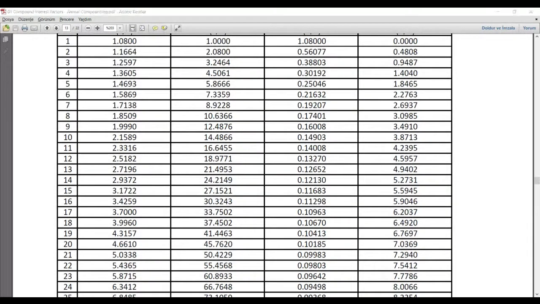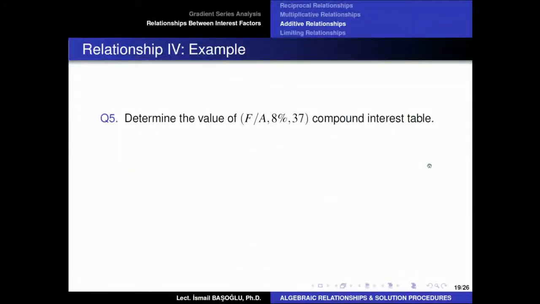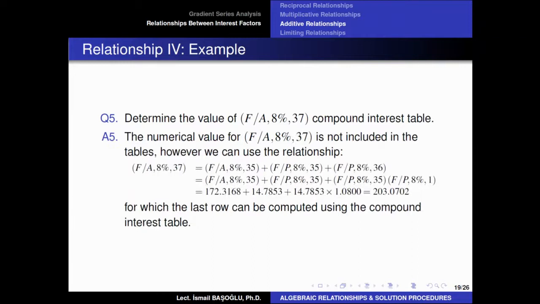So let's just go back to our presentation file and see if there is an example about it. Now it says determine the value of F over A under 8% interest rate for 37 years using the compound interest table. Okay. Now, the numerical value for F over A under 8% interest for 37 years is not available in our table because there is not a row that corresponds to 37 years,